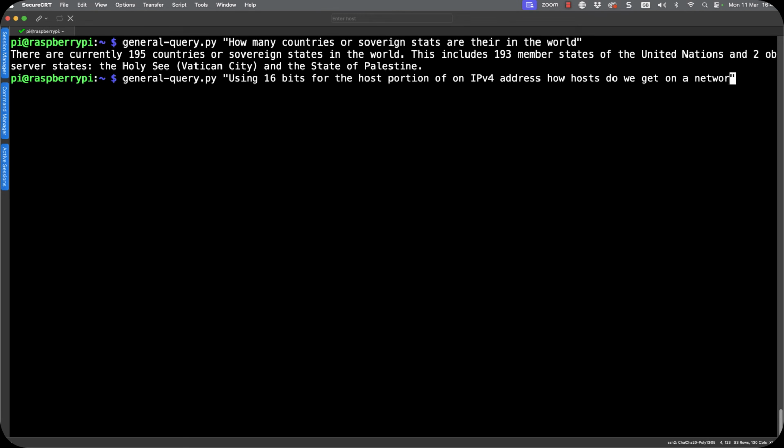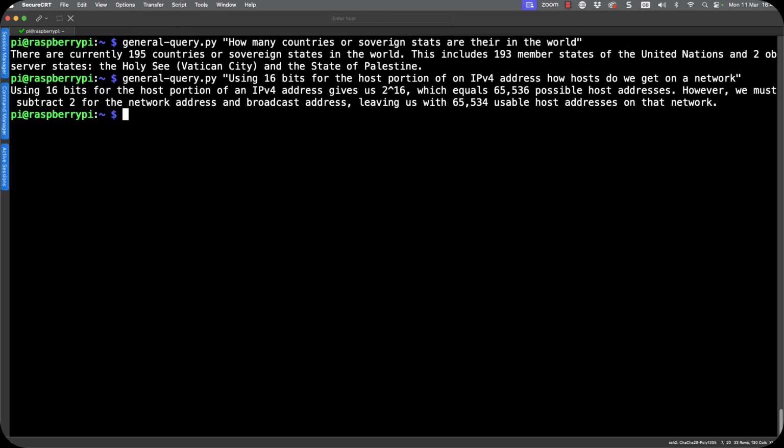It's also nice asking it stuff that you know, so we can check the information is coming back correctly. So as it goes through and thinks about it, we can see there it's given us 2 to the power 16, so roughly 65,536 possible hosts, but we have to subtract 2 for the network address and for the broadcast address.